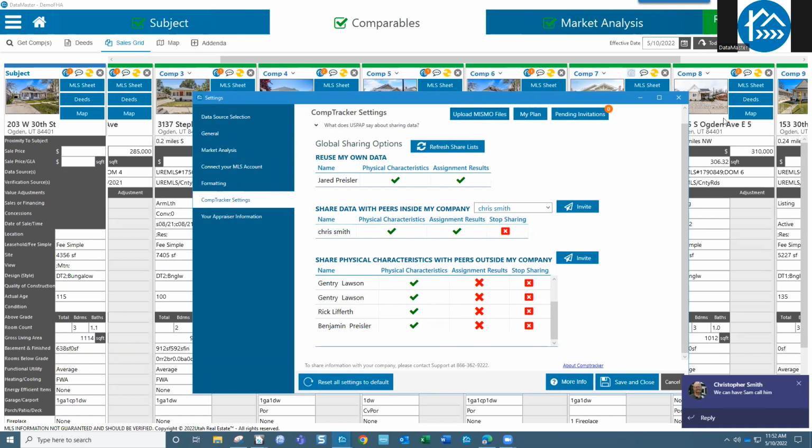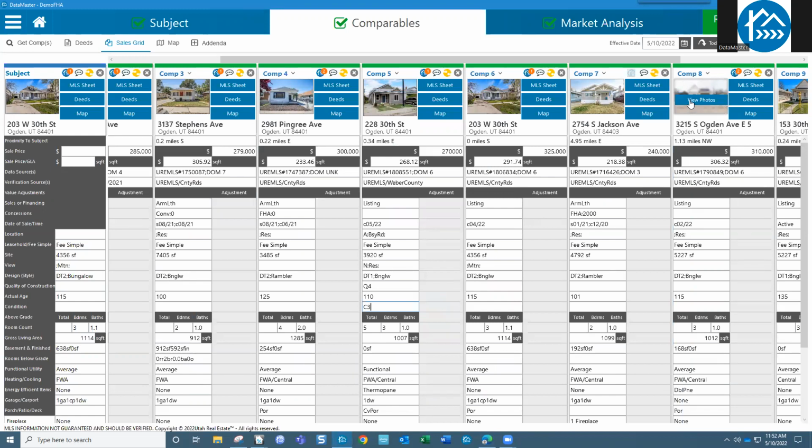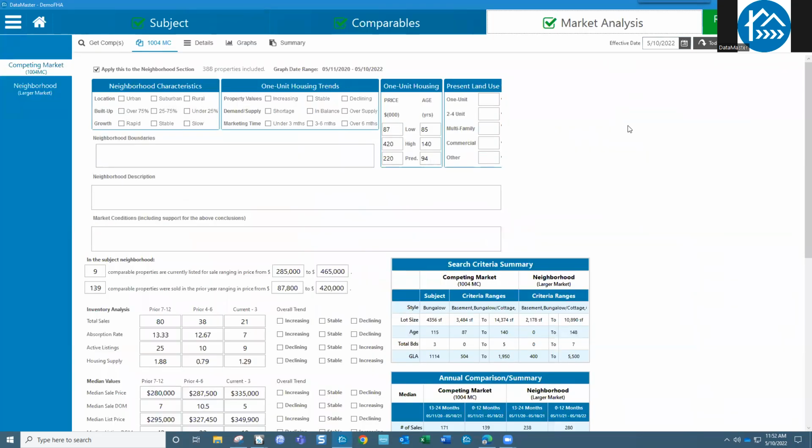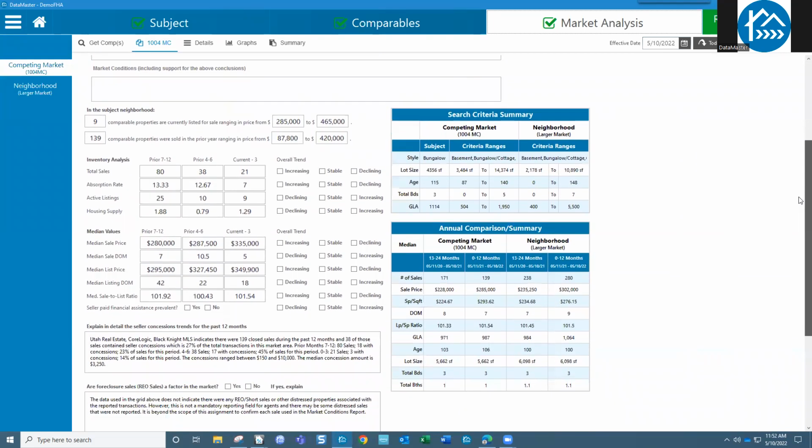So, okay. Let me see one other thing before we end. I wanted to take a quick look. We just have a few minutes left here. A quick look at the summary sheet. This is something that in our basic training we don't get to spend much time on, and I wanted to show you it's very valuable for helping you to delineate your market, for you to make some trending decisions. I'm in the competing market, the MC page, and you can see that we have a table that we've created